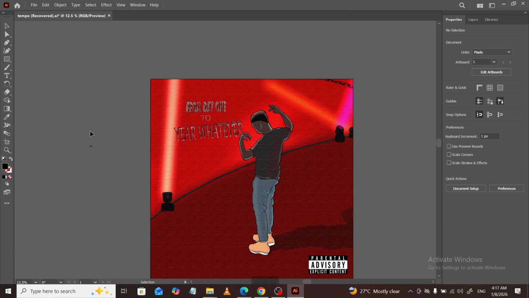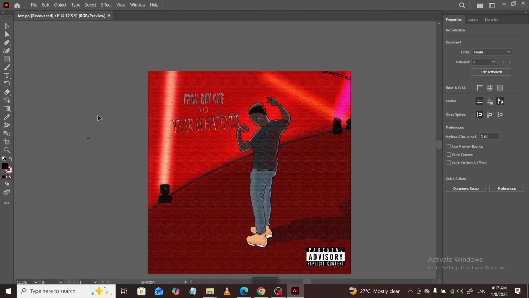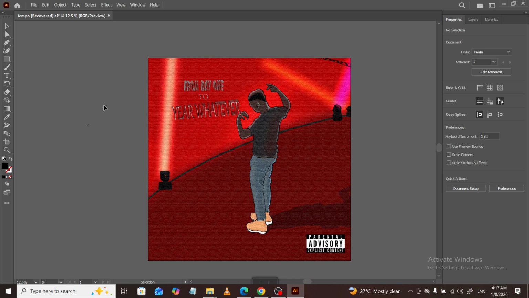In Illustrator, images you place can either be linked or embedded. A linked image lives outside your .ai file, and Illustrator references it from its original location. An embedded image gets stored inside the .ai file itself. Embedding is great when you're sending a file to someone else or moving between computers because it prevents those dreaded missing link warnings. Just keep in mind that embedding can increase your file size, so use it when you're ready